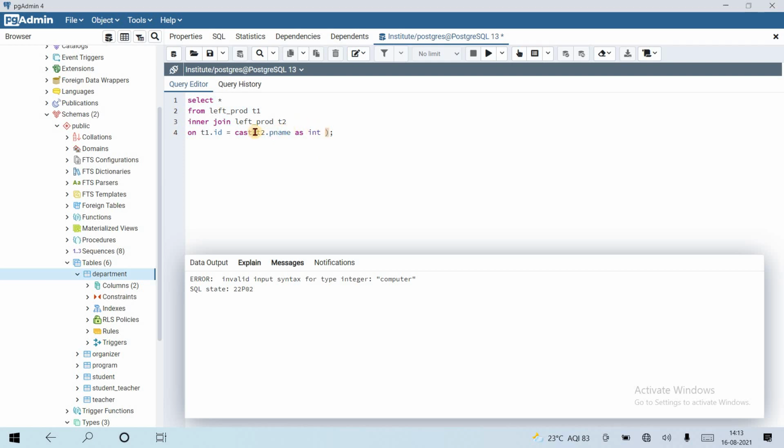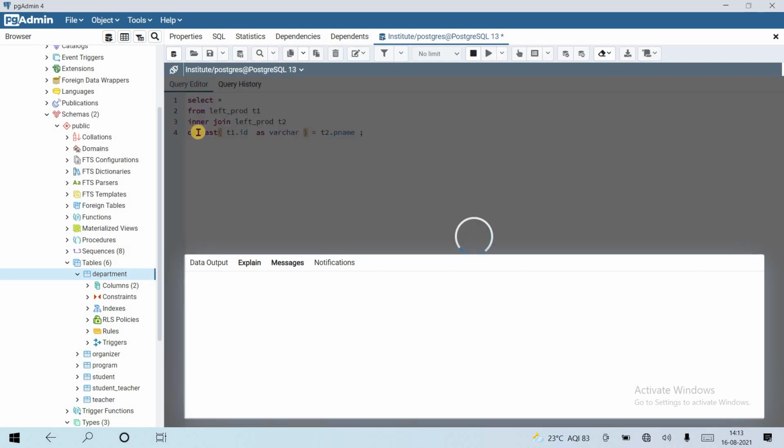Okay, so let's cast these integer values as character. It gives us no data, but we can use this on different data types too, like cast T1 as text or varchar, so it also becomes a string data type. Let's see.